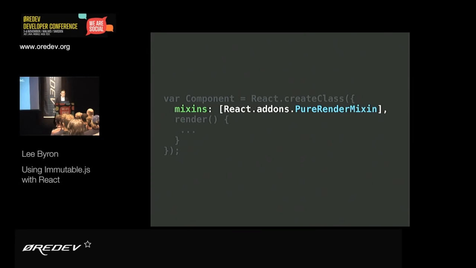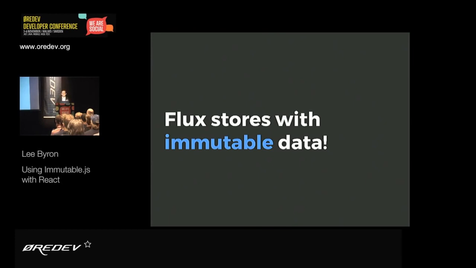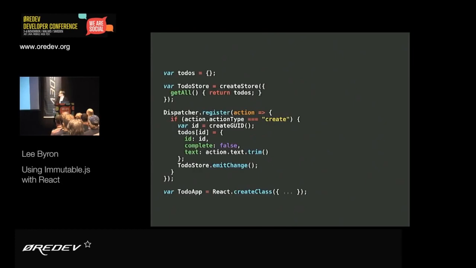Cool. Let's add pure render mixin. In order to add pure render mixin, we're going to need immutable data. So let's change Pete Hunt's implementation of Flux to use Immutable.js. So here's where we started. Nothing changed yet. What I'm going to do first is replace to-dos from a plain JavaScript object with something called